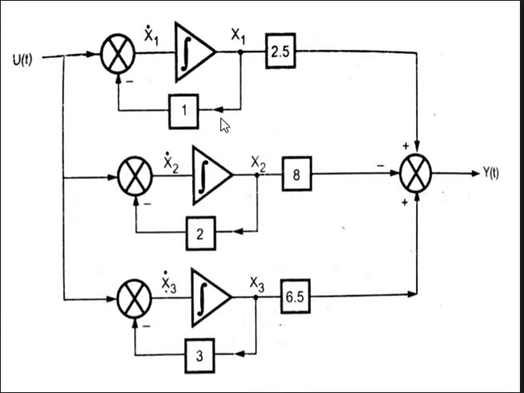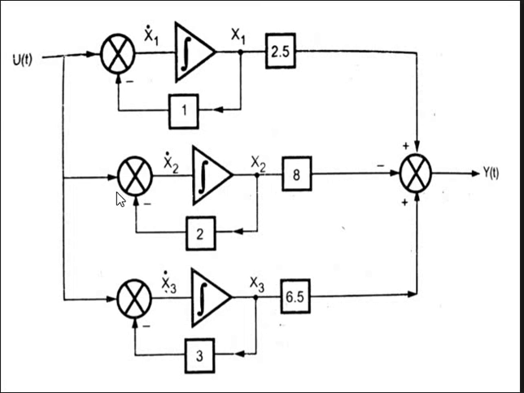By writing the equations, we will get the same answers. Now we will see by writing these equations whether we get the same answers or not. So the first equation, x1 dot of t. Here x1 dot of t is nothing but this summation output. What are the two inputs for this summation? One input is u of t and the second input is x1 multiplied with minus 1, because this is negative feedback. So x1 dot of t is equal to u of t minus x1 of t,